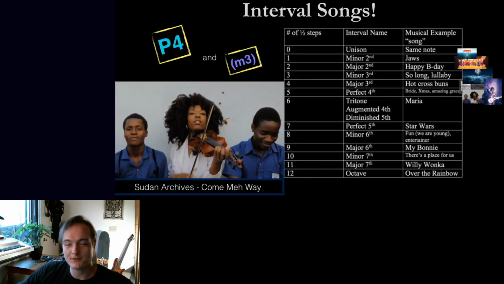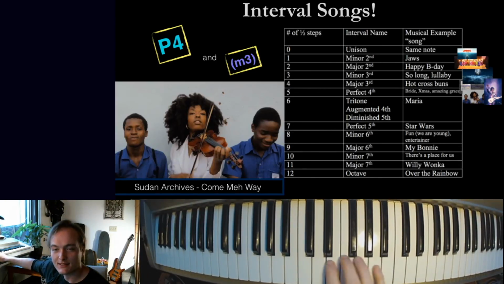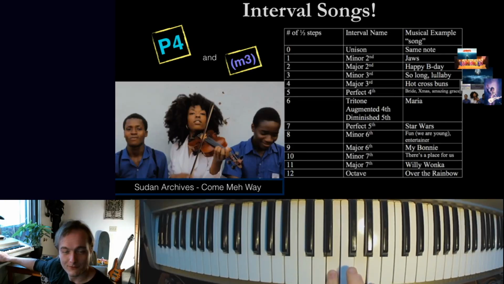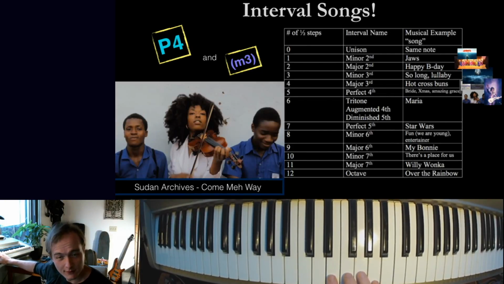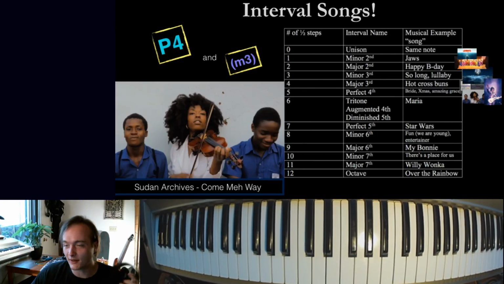So the melody you're hearing there in the violin that she's playing is A to E, and then G to E. So this piece actually oscillates between a perfect fourth and a minor third, and makes a really nice pattern that way in the violin line. Then if we keep listening though,